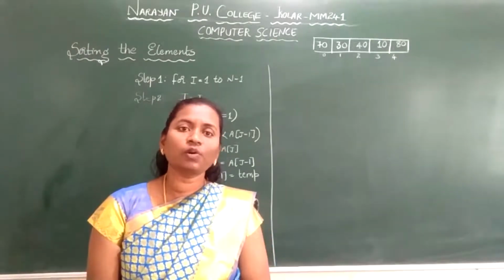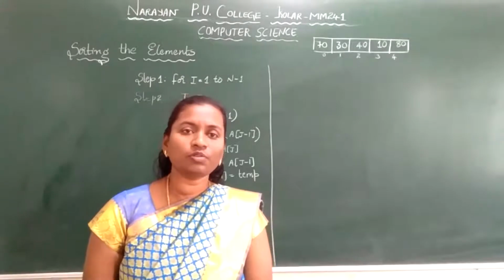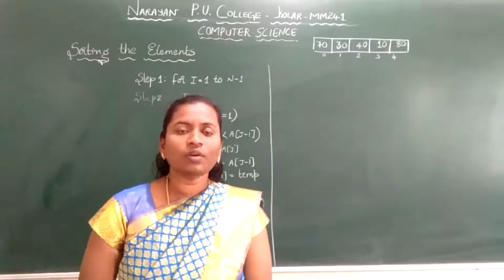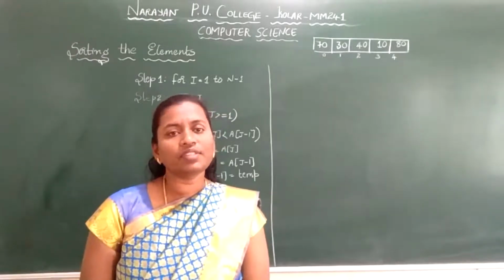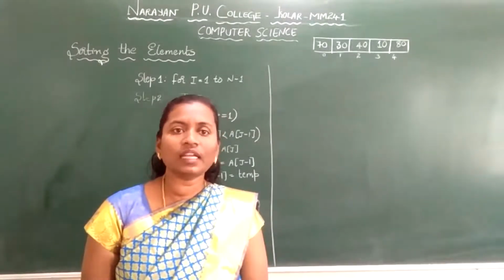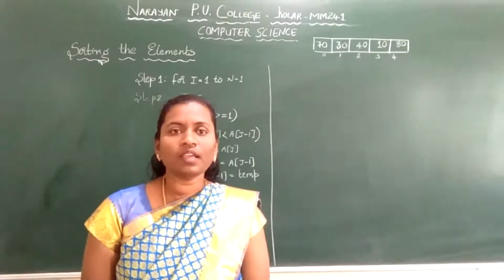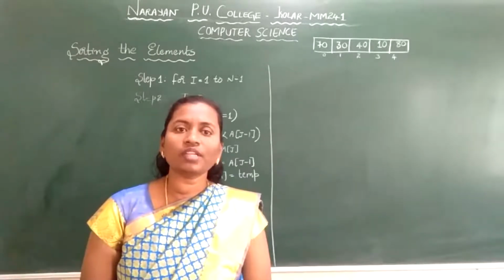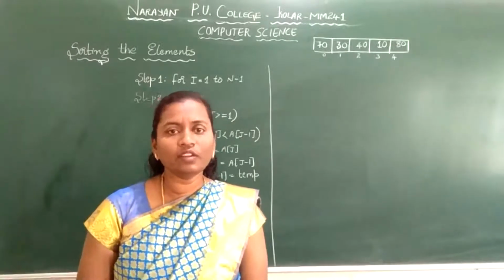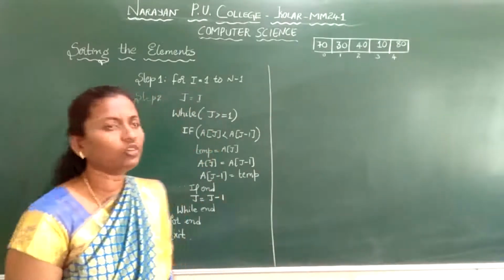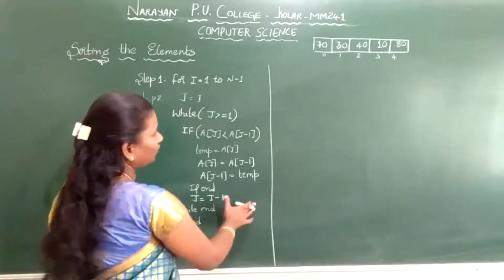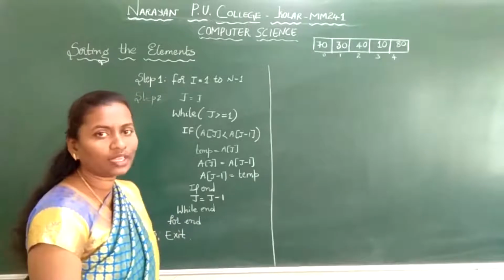In sorting, I spoke about different types of sorting: quick sort, bubble sort, insertion sort, heap sort, and radix sort. We have seen many techniques, but for our syllabus we will discuss only one, that is insertion sort. Here we are going to sort the elements in ascending order. I have written the algorithm. We will discuss the algorithm and get into the tracing. For your lab you have programs too. Next we will move on to the next concept.